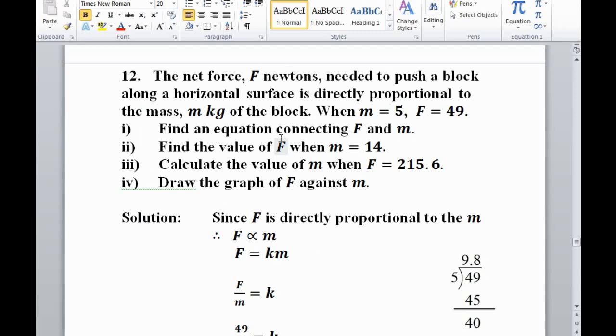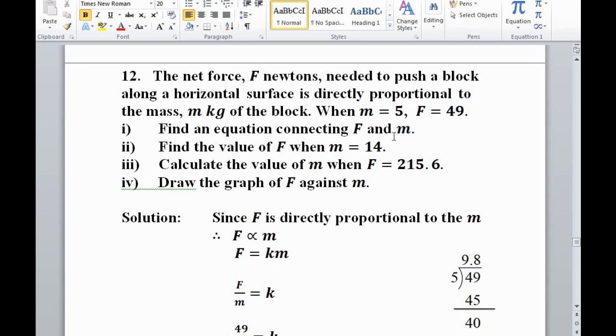New Syllabus Mathematics Book 2, Exercise 1A, Question number 12. The net force F newtons needed to push a block along a horizontal surface is directly proportional to the mass m kilogram of the block. When m equals 5 kilogram and force F equals 49 newtons, find an equation connecting force F and mass